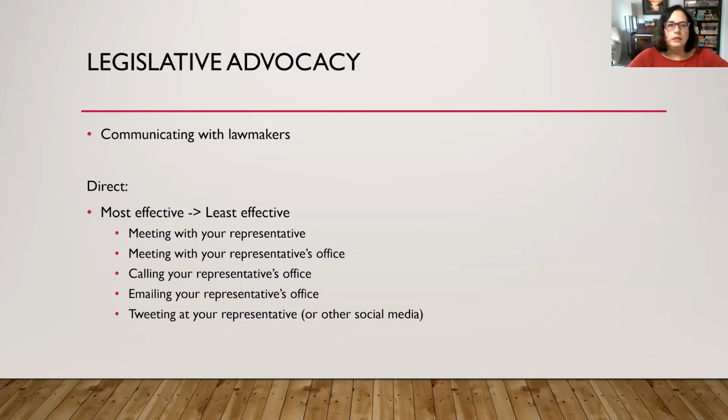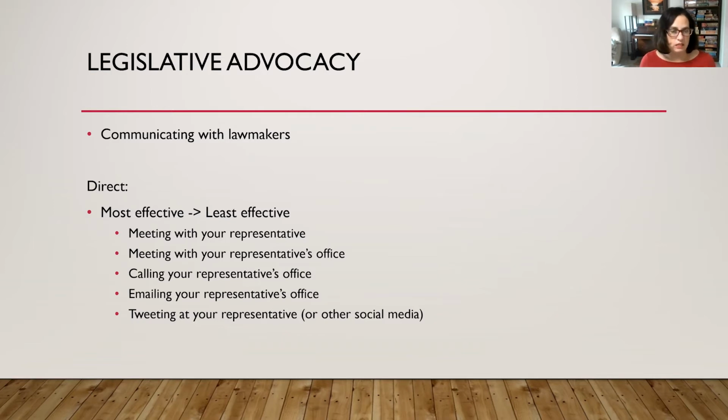So in legislative advocacy, or just in any type of advocacy where you're looking at getting to those decision makers and lobbying, the most impactful thing you can do is connecting with people about your issue. And the more authentic those connections are, the better. So if you already have relationships with legislators, with city council members, with congresspeople, with anyone that really changes policy, that's the most effective thing, because people learn to trust you. If you have those relationships and you build trust, people are more likely to listen to what you have to say.